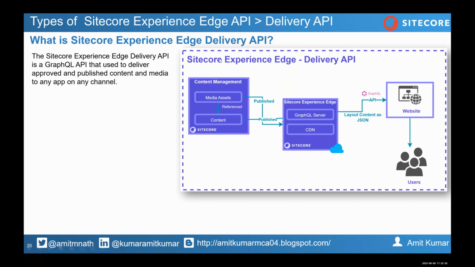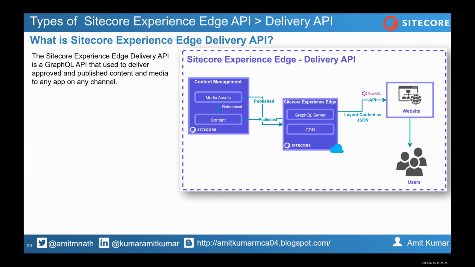As I explained earlier, in the delivery API you do the content management in the CMS and publish it. Then there is a connector which publishes the data to the Sitecore Experience Edge. There is also a GraphQL server, because if you are using GraphQL in your local environment, a GraphQL server runs in your Sitecore instance,